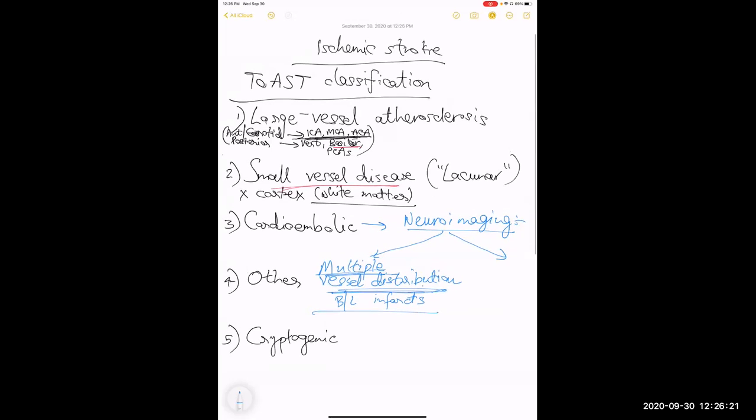The second way this can present is what's called a wedge-shaped infarct, a wedge-shaped infarct. So what are wedge-shaped infarcts? Basically,